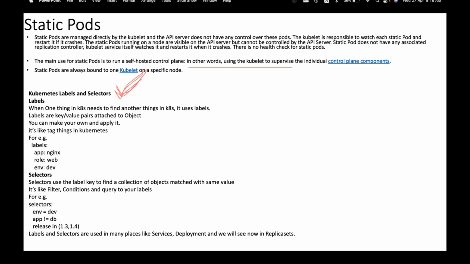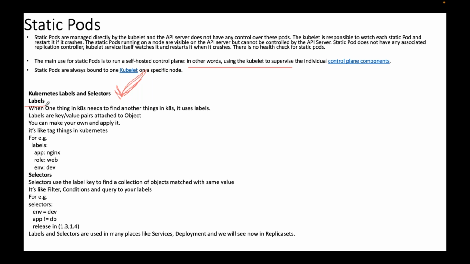We already use these labels and selectors, but let's understand these labels and selectors first. What is label in general? In Kubernetes, we call it as tags. Is tags also similar to labels in Kubernetes? For easy identification in AWS, can I add tags to my AWS resources? Labels and tags are similar, right? Just key value pairs.